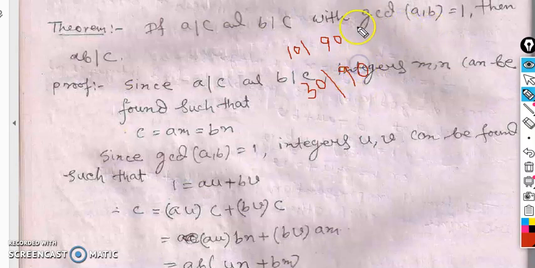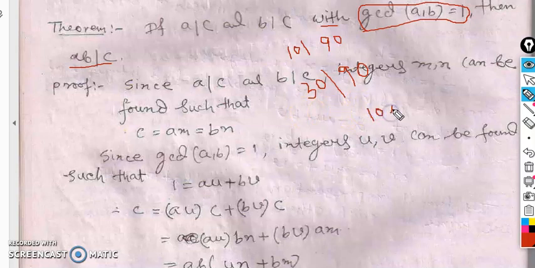If you remove this condition from your theorem, that the GCD of A, B is 1, what happens? It's very important. If we delete this condition, you should conclude that AB should divide C, but that does not happen here. So